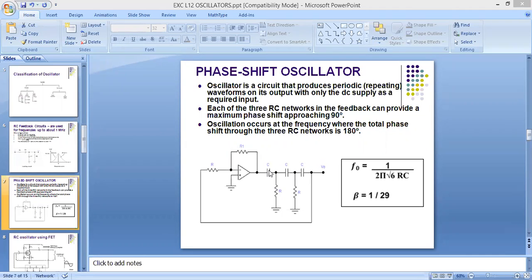I am using here capacitor and the resistor. You can see here, this is the amplifier, in which we are giving negative feedback. And after the amplifier, we are using an RC network. In the RC network, I am using 3 RC. I will explain why I am using 3 RC. But my question is, we are using firstly capacitor and then resistor, so is this the lead network or the lag network?